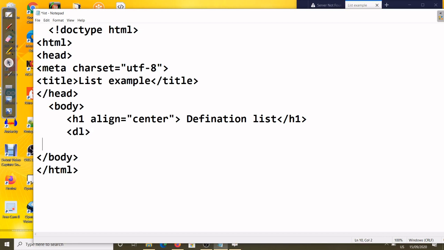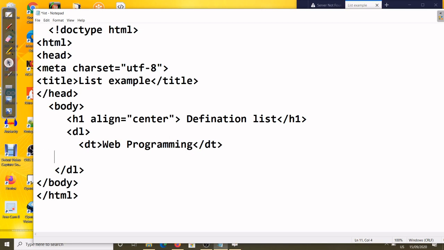Inside the opening and closing we can write other things, like UL and OL; this is called the DL. After that, the definition term, that is called the DT. Inside the DT you can write any term. I am writing here web programming. Close the DT. Then the DD, that is called the definition, the defined definitions.